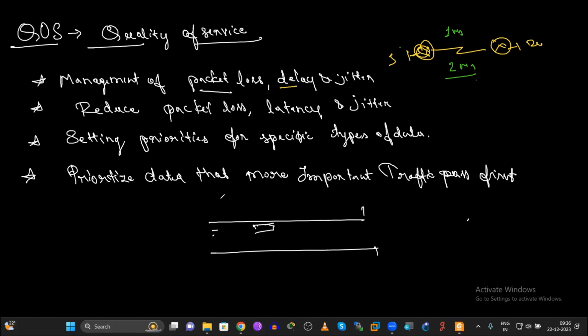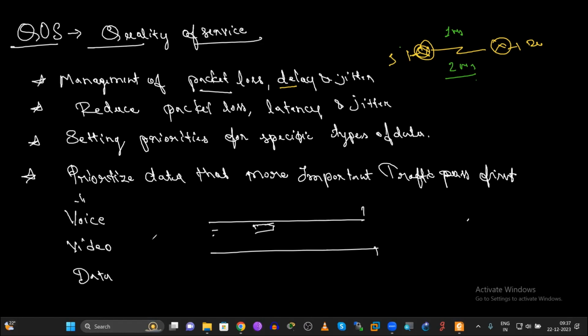In a similar fashion, when it comes to data also, there are certain types of data which are very sensitive to latency and jitter. So we need to set the priorities for such data. For example, what are the different data types in the network? We can send data like voice, and there is video, and we have normal data that is transmitted through the network, like email.